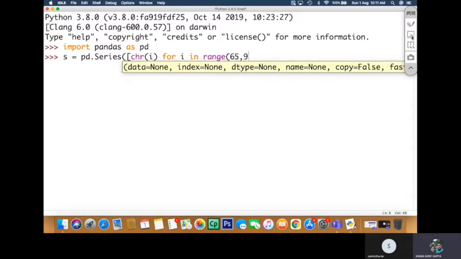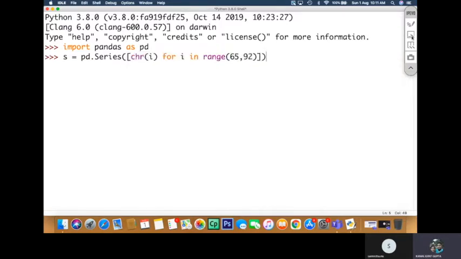Okay, 65 to 92, sorry. And then this list comprehension will do. Since in the question it is asked that you should use the default index, I will not use any index, and it will generate the series.